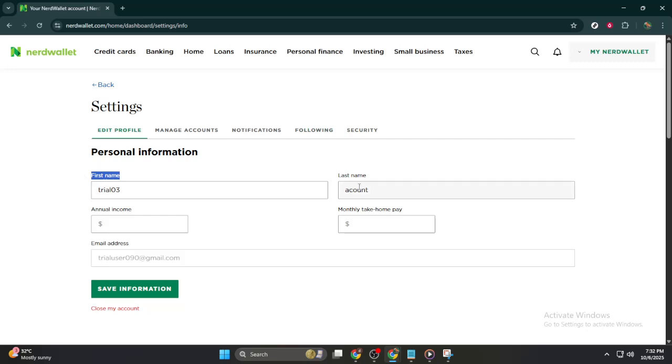Now let's move over to the settings section. This is where all the magic happens. The settings menu is your go-to for making any changes or updates to your account. It might take a moment to scan through the menu, but once found, a click will open up a range of options for you. Now at this point, you're exactly where you need to be to edit or change your